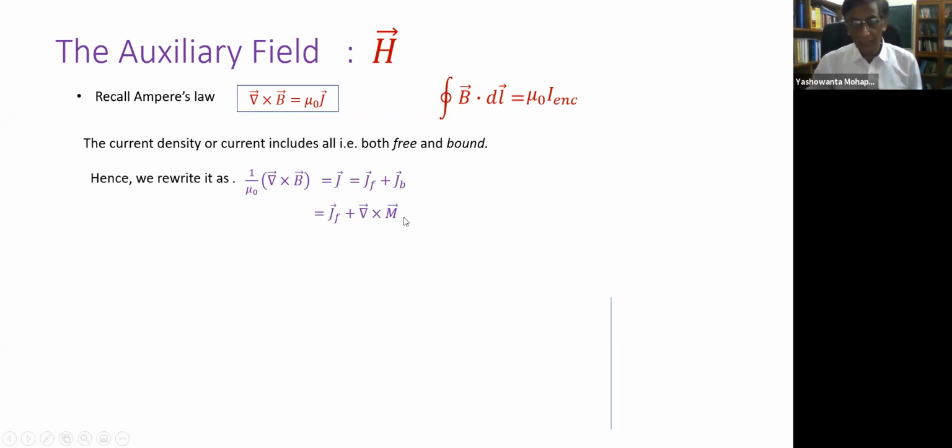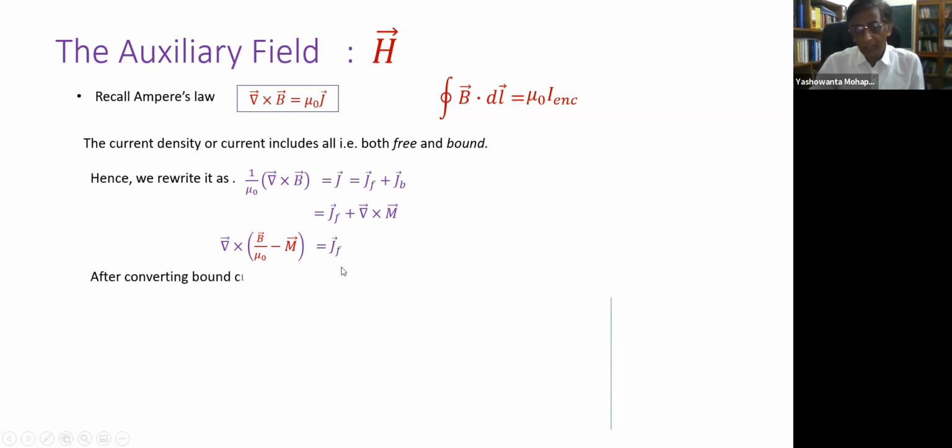And I know what JB, the bound current, the volume current, is. This is curl of M, so del cross M, plus JF. And now what I do is I bring this del cross M to this side. So del cross B is there. All right, so B by mu naught minus M is the free current. So now I have an expression which on the right side has only free current, and on the left there is a new quantity,